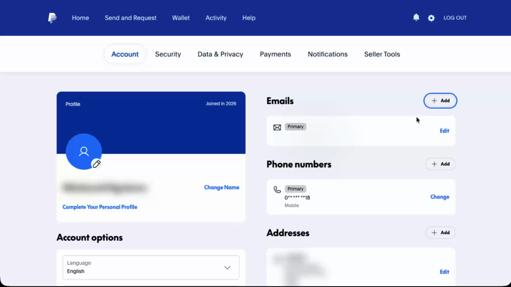After it's confirmed, you can come back to the same area and make the new email your primary one, if you like. If you're editing an existing one, simply follow the prompts on screen and remember to save your changes when you're done. And that's all there is to it. By following these steps, you can keep your PayPal account up to date and make sure